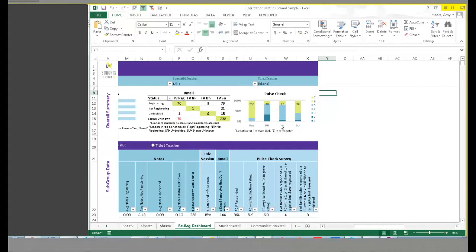So the undecided, an overwhelming percentage of the undecided students were in the middle, which would be expected. Status unknown: many of them, over half, are re-registering, which, considering most of the families that answered the survey are re-registering, makes sense. So this gives you an overview, and then down here it will give you a few more